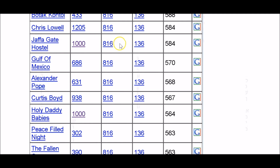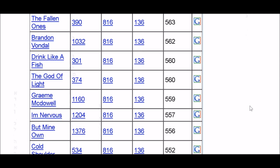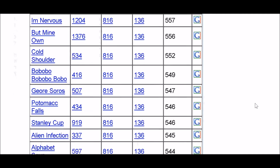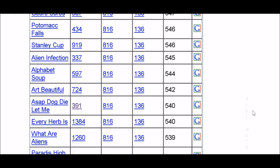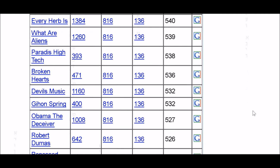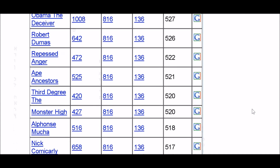these number frequencies are actually like a subliminal language, I think. And I think they're trying to put out the message that this comet is an act of God, and I don't think it is. I think it's fake. So we just want to be aware of what these codes are saying to us